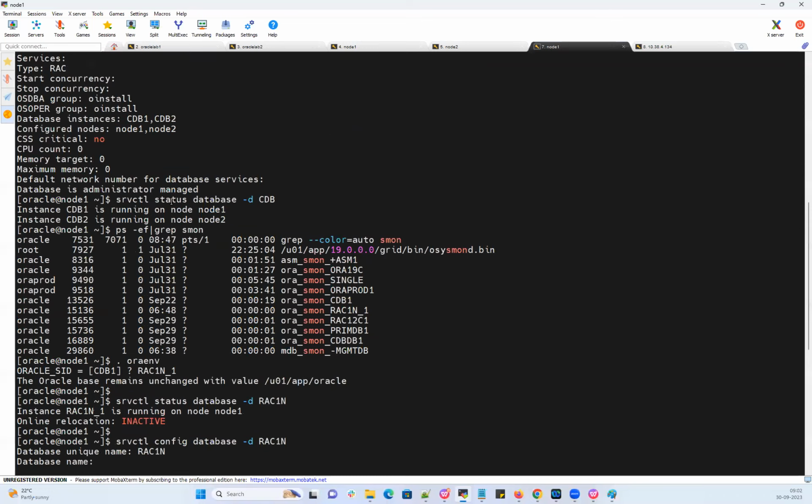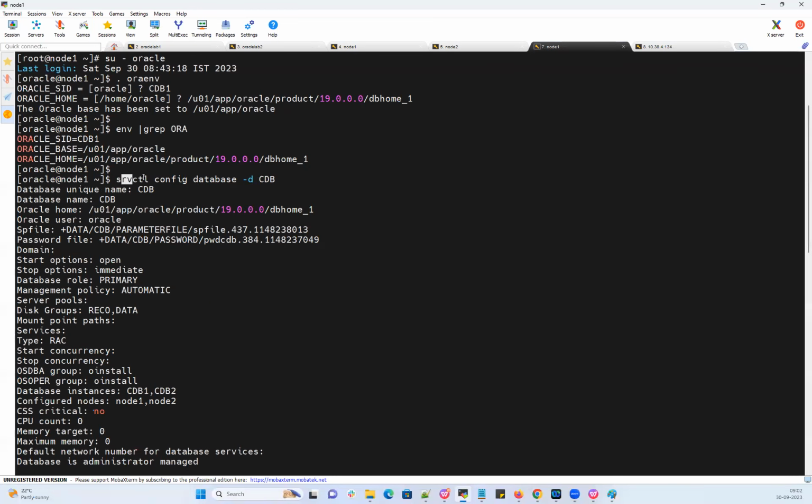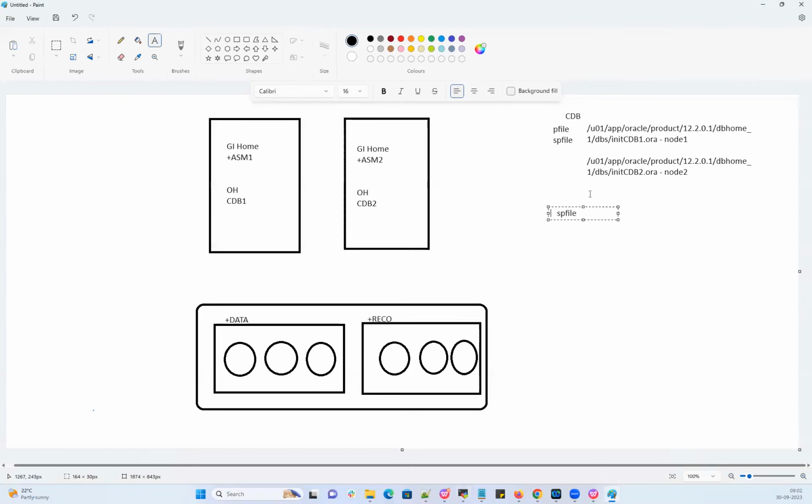So let's say here srvctl config for this RAC database, srvctl config database -d cdb. I am keeping my SP file under this particular disk group, data disk group. So always you should keep a SP file for your RAC database, not the P file. If at all you want to keep your P file on node 1 and P file on node 2, it will be init followed by your instance name, initcdb1.ora, initcdb2.ora, on node 1 and node 2. And these two files should point to your SP file. Something like you can type,